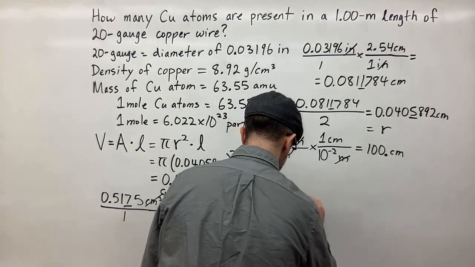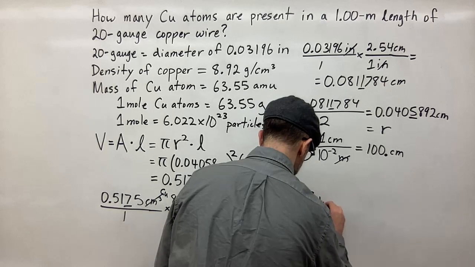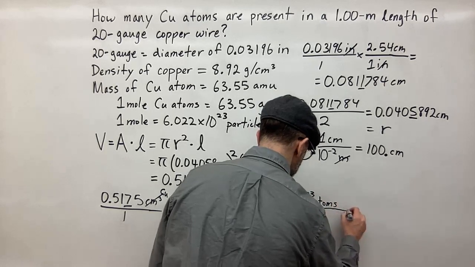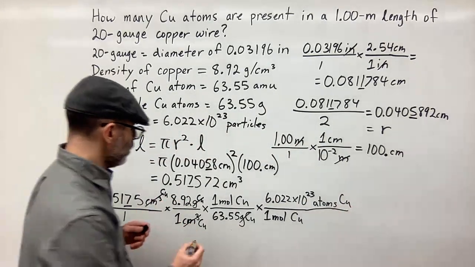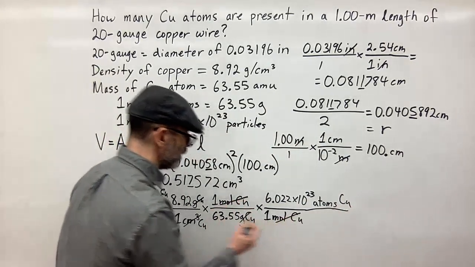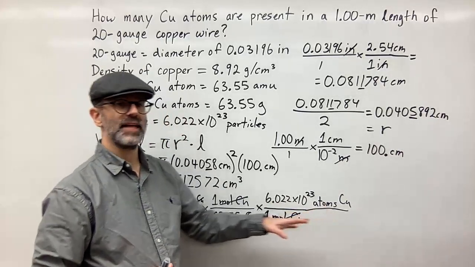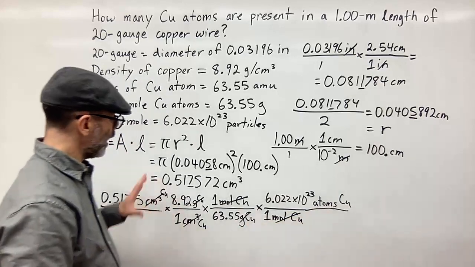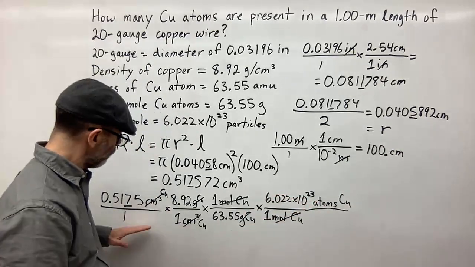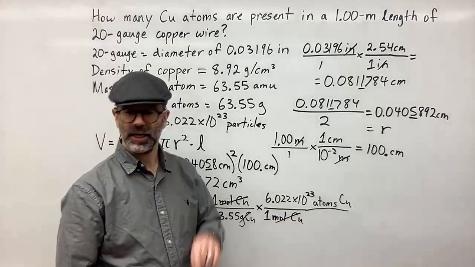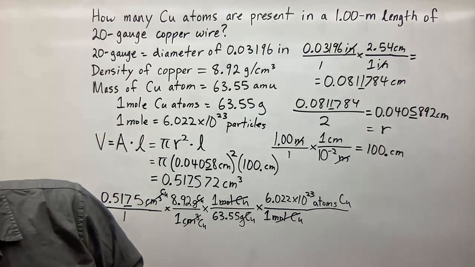6.022 times 10 to the 23rd atoms of copper, or copper atoms. So moles of copper cancel out. Now I have atoms of copper on top. That's exactly what the question is asking for. I am done. All I need to do now is multiply by everything on top, divide by everything on the bottom. And when I do that, I get my answer, which is